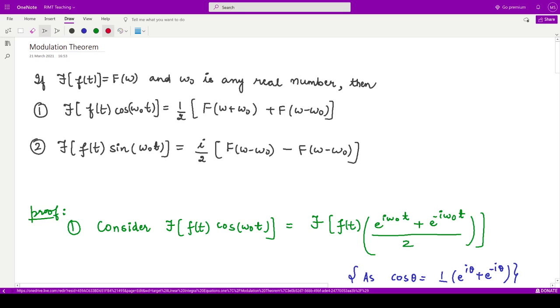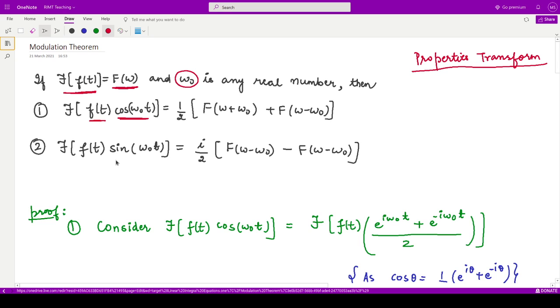So in this lecture we shall be studying about the modulation theorem. We are studying about the properties of Fourier transform. So the next property is that of modulation theorem. It says that whenever you have the Fourier transform of some function f of t, which is given by capital F of omega, where omega naught is any real number, then when you multiply the function by cos of omega